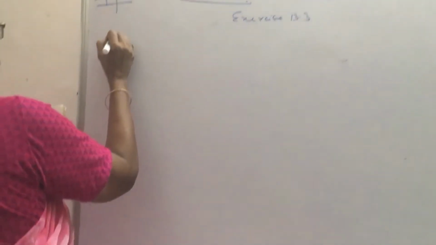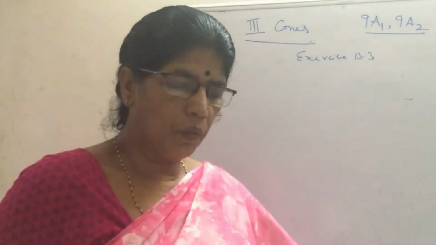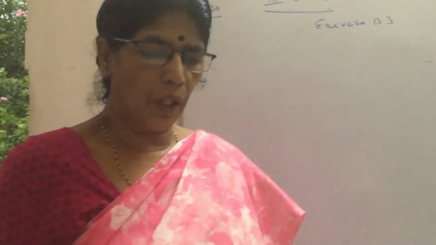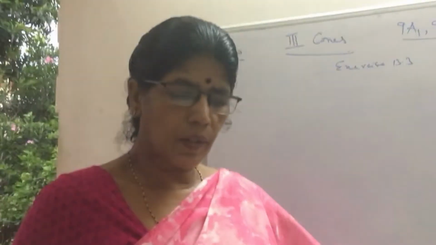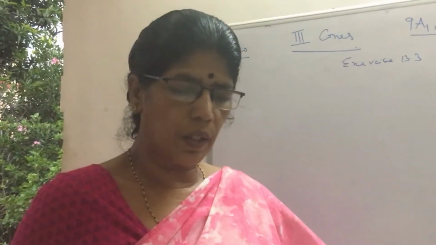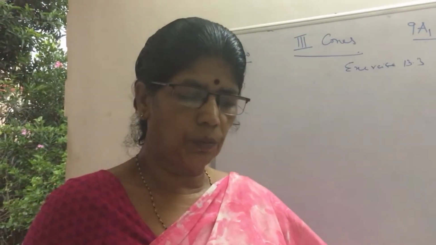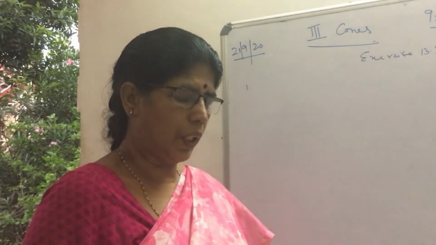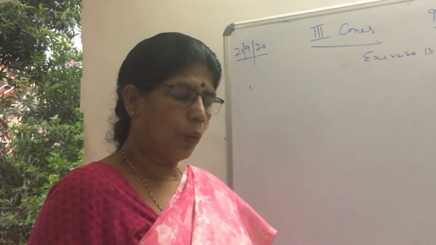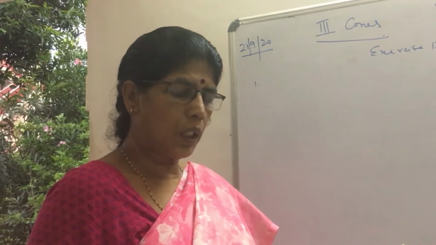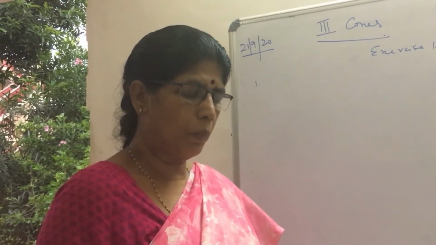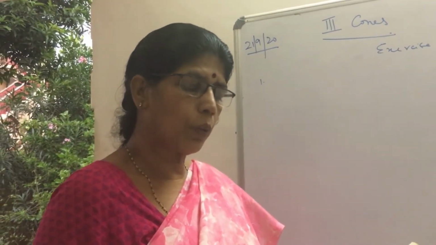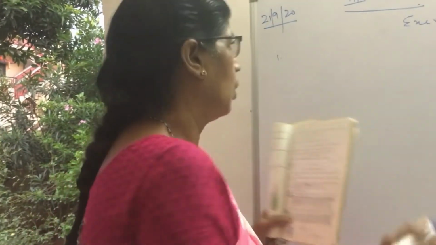First question. Diameter of the base of the cone is 10.5 centimeters and the slant height is 10 centimeters. Find the CSA. What are you given, children? The diameter and slant height. In any questions related to cones, cylinders and spheres, remember we don't want diameter but we want the radius. And slant height is what? l, for the cone.